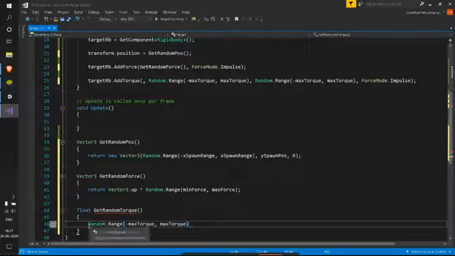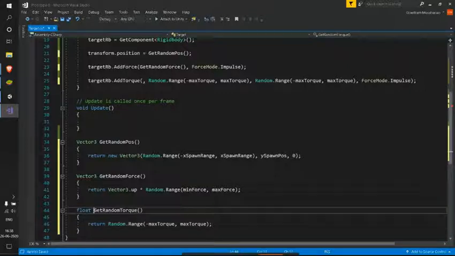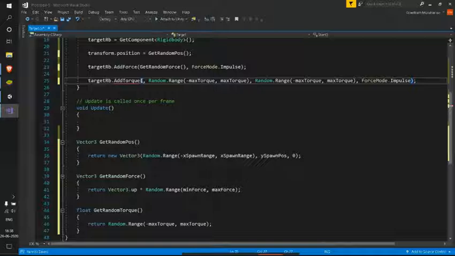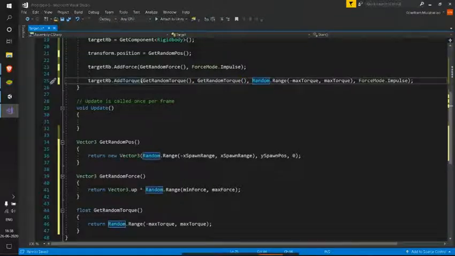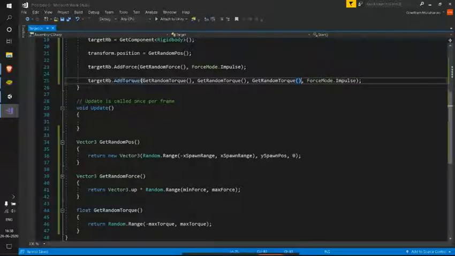So I can just return this. Here it's giving a float value, so I can call this function in x-axis, same with y-axis, and the same with z-axis also.